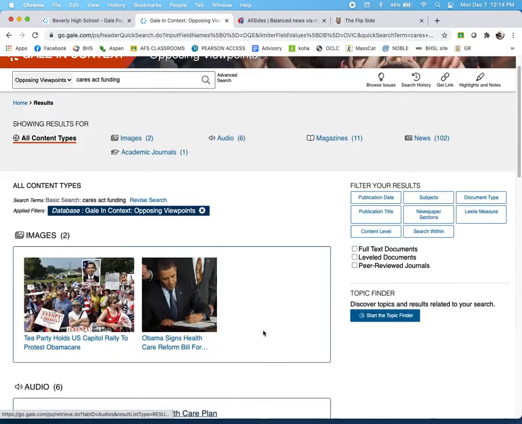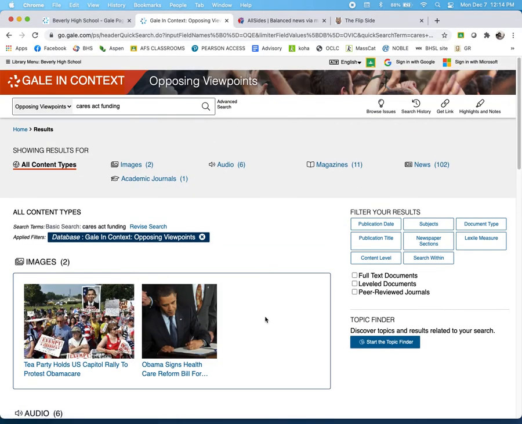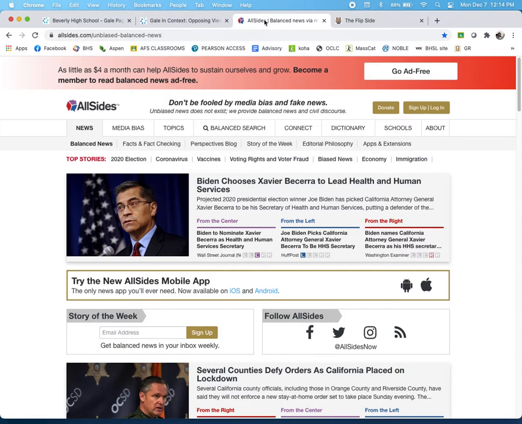Now, next up, so that's the database. These are all vetted, edited, written by experts. You don't have to worry about factual accuracy the way that you would when you were doing a regular Google search. Now, there are places that you can go that are going to give you a broad spectrum of beliefs. And what I like about these two, All Sides and the Flip Side, is that they don't just show you the resource, but they also show you the bias inherent in the place you're getting it from, which is really handy, depending on particularly what topics you're looking at.